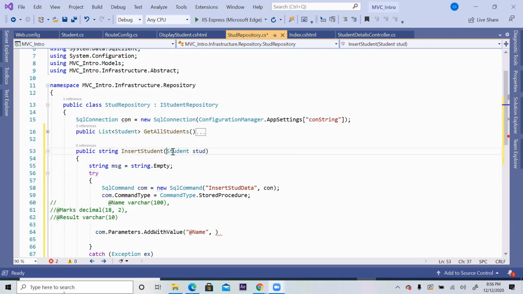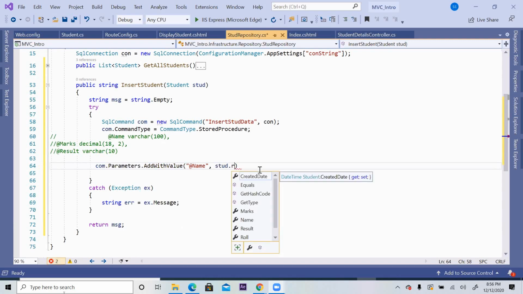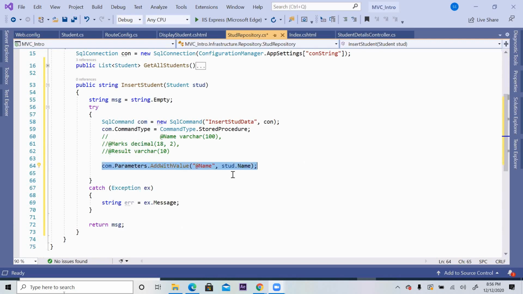That means input will be a student object to this function, and output will be one message called success or failed. So here, input object student dot roll number, if any. I mean, roll number we are not sending, name we are sending. Why are we not sending roll number? Because perhaps we might have made that an identity column, primary key with identity.